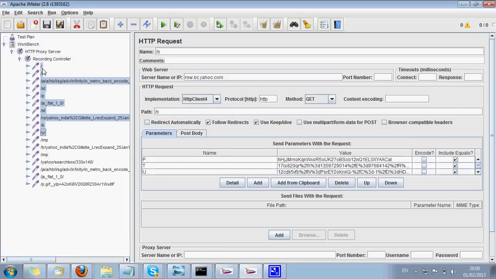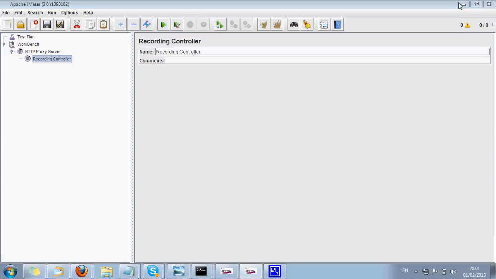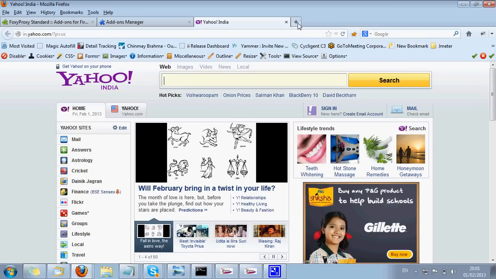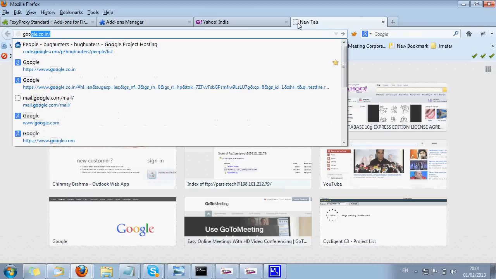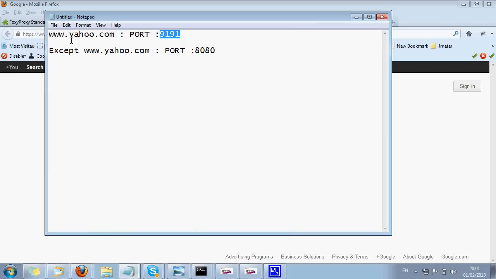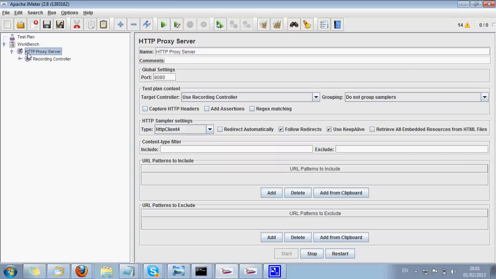Now I am going to open, except Yahoo, I can open Google, which is not Yahoo. So it should be opened as per our setting. Google is except Yahoo, so it is going to be opened under 8080. Okay, so let us see 8080. Yeah, 8080. So it got recorded under 8080, not in 9191.